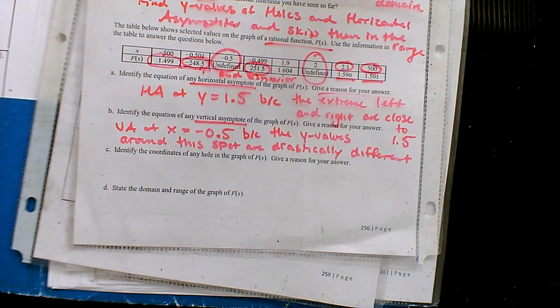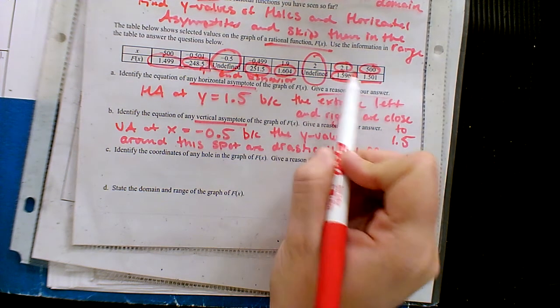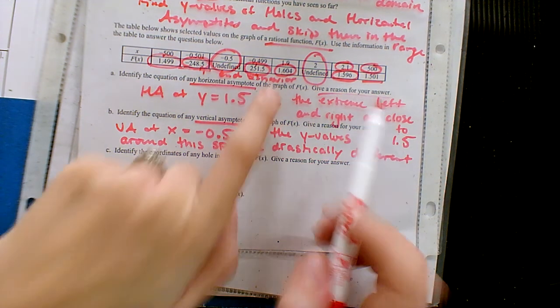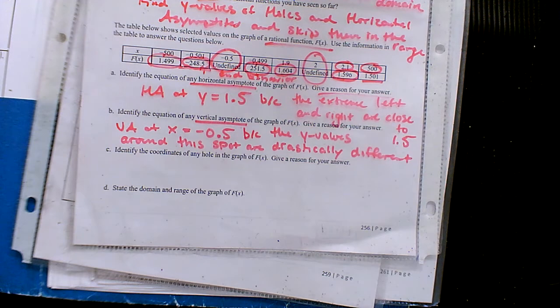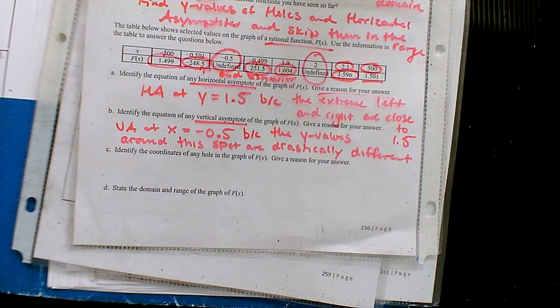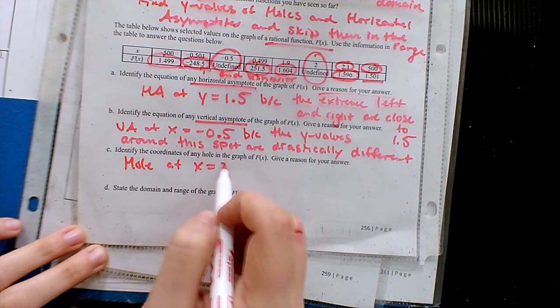Now if we take a look at the spot of 2 and look at the numbers around there, do you notice how that pattern is not really happening here? We don't have that drastic difference between the points. Okay, actually these are not drastically different at all. Aren't they extremely close? So what do you think is happening at 2? If you have an undefined spot, but the points on either side are extremely close together in height, what does that kind of look like? We thinking a hole? Okay, so we'll say hole at x equals 2